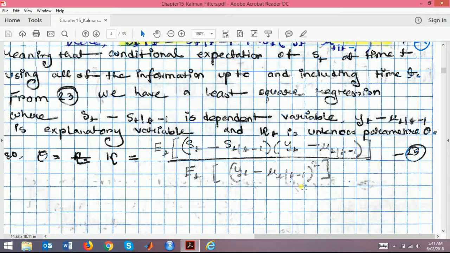Then we have variance, which is P10 equals phi square P0 0 plus sigma square V, which is the variance of the disturbance term. Then we use them in both of these in our updating